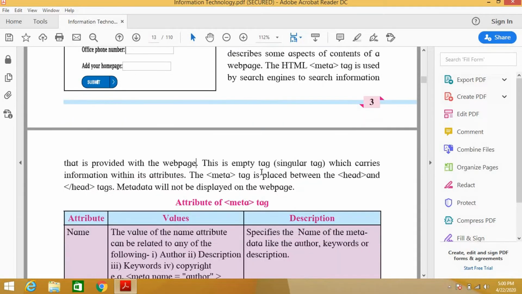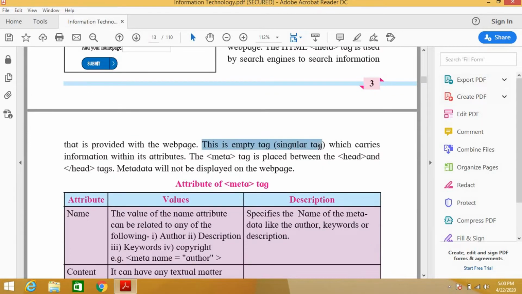So this is an empty tag, that is a singular tag, which carries information within its attributes. It has only the singular tag, only one tag is there. It does not need to be closed. So what does singular tag mean?